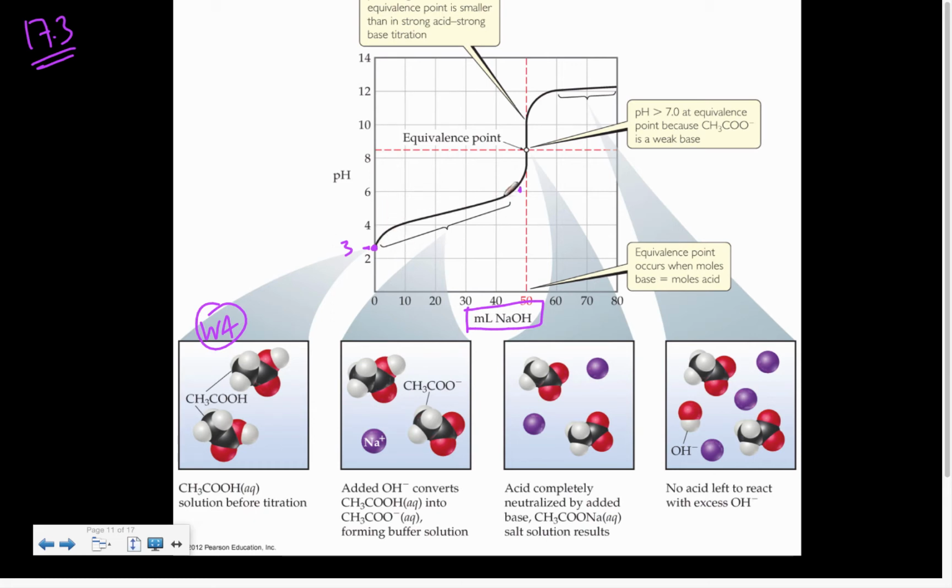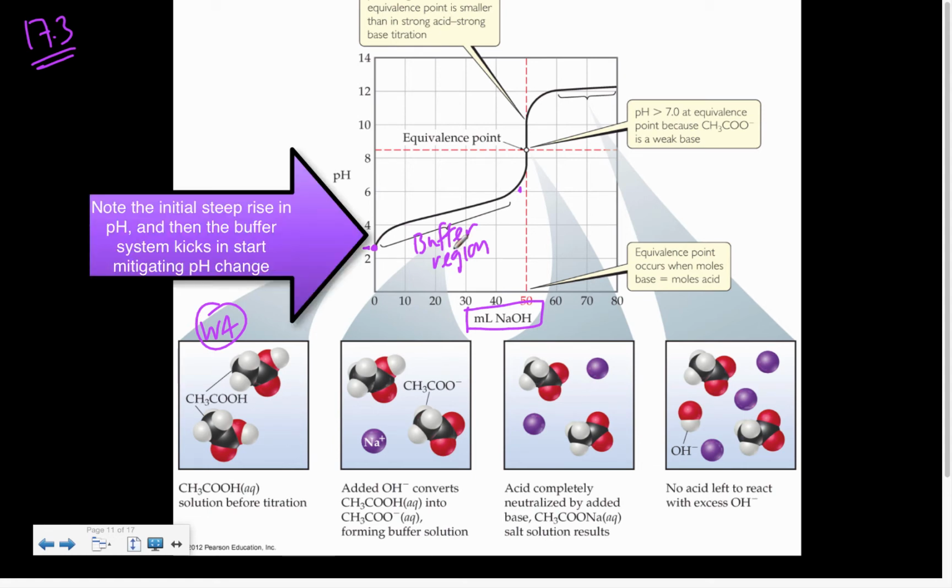Now, this part is really important, because when we're talking about a weak acid titration, this is also referred to as the buffer region, because one of the simplest ways to make a buffer is to partially neutralize a weak acid or a weak base. So if we think about what that means